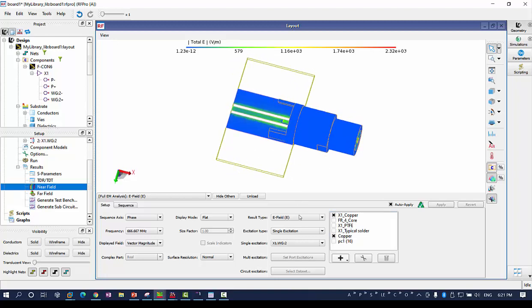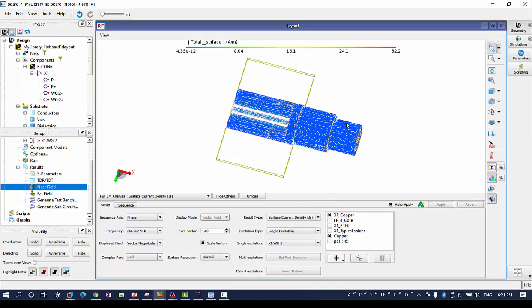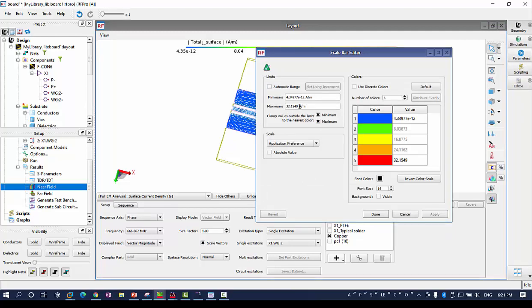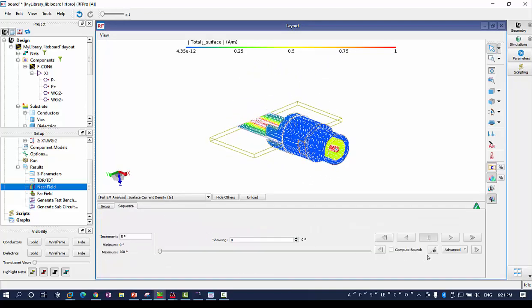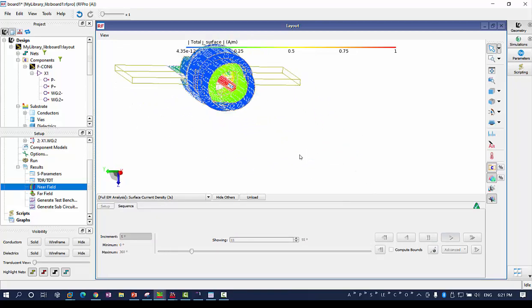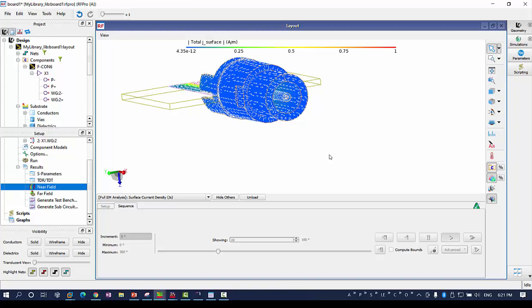Then you can also choose the E field or take the surface currents. Here you can also change the automatic range, so the properties. Let's take here 1 ampere per meter. Now you can go to the sequence and run through this, so through the phase from 0